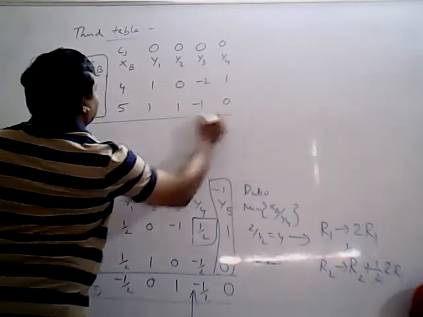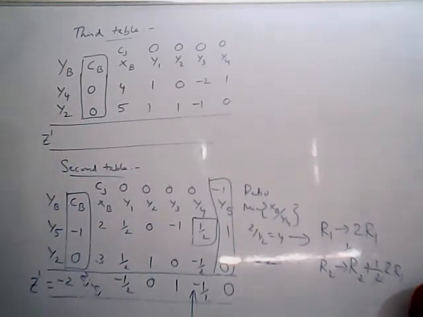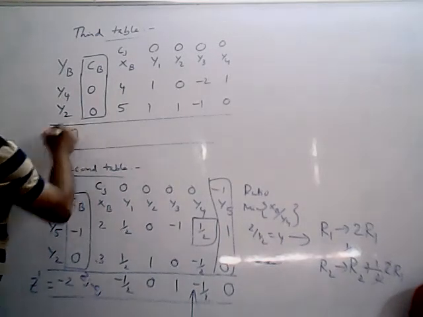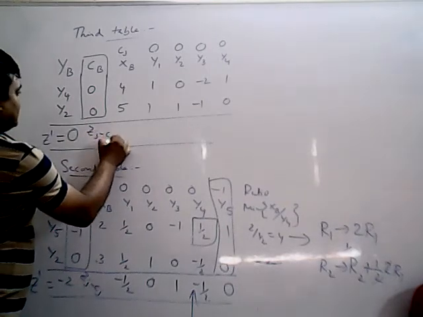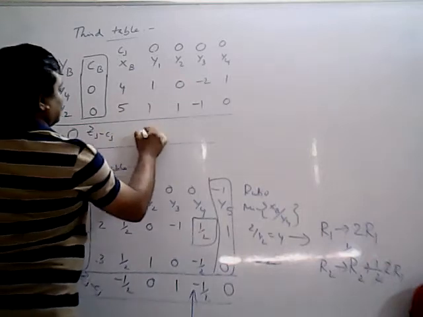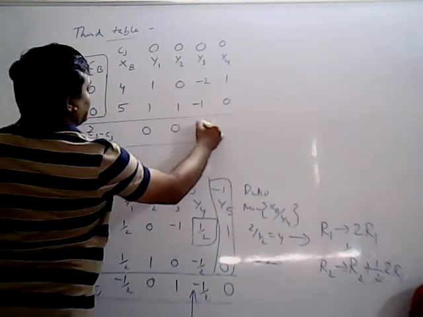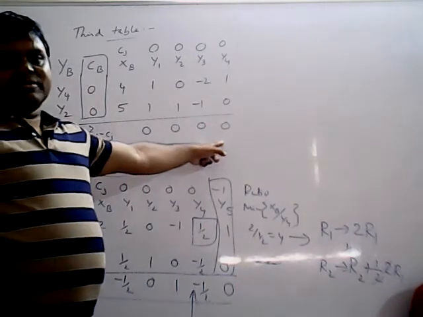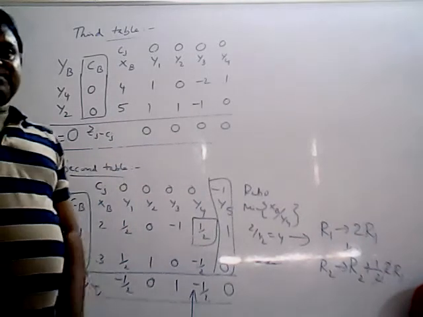Okay. Now calculate Z dash. So Z dash equal to, obviously we get 0 here. Next Zj minus Cj you have to calculate. Cb into y1, 0 into 1, 0, 0, 0 minus 0, 0. Next one is 0, 0, 0. Total values will be 0. So all are greater than or equal to 0 or not? Greater than or equal to 0. That means you can stop the procedure here. Phase 1 you can stop.